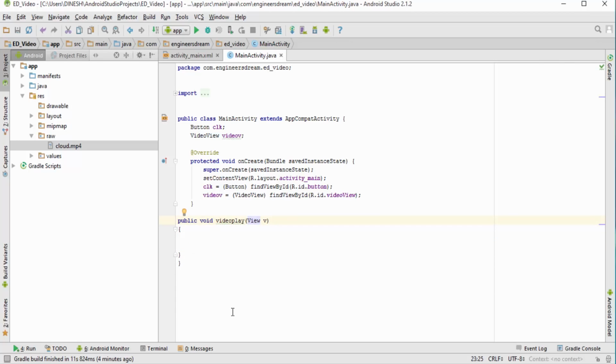So guys, when the button is clicked, this method will be called, and inside this method, I'll first store the location of the video inside a string variable. So since I'm storing the location in a string variable, I type string. I'll give this a name of videoPath, that is, the variable name is videoPath, and I'll set it equal to double quotes, and inside this I'll write down android dot resource